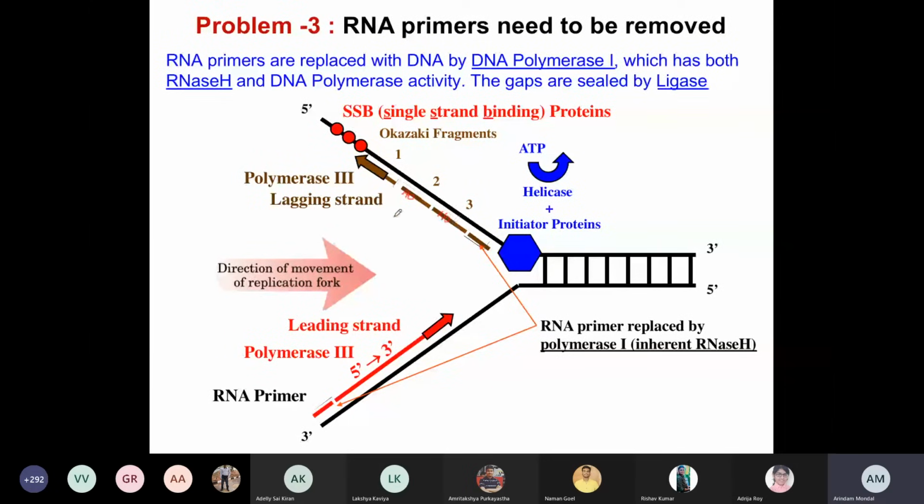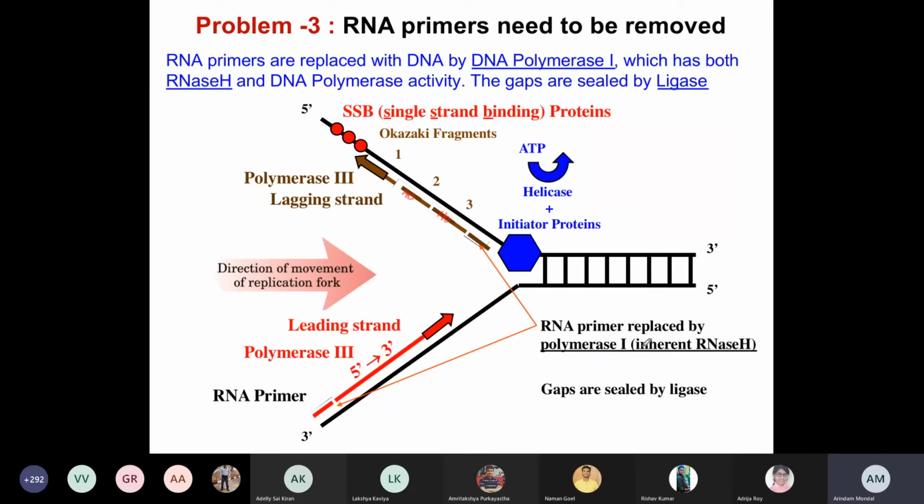But when it reaches the preceding DNA fragment, it stops. As a result, although it can fill in the gaps, there are breaks in between the DNA fragments. Okay, so there are no gaps, but there are breaks in between. So there comes another enzyme called ligase. And ligase can join the two DNA fragments together. So it can utilize the 3' OH here and the 5' phosphate here, and it can join them together. Okay, so gaps or breaks can be sealed by the ligase.